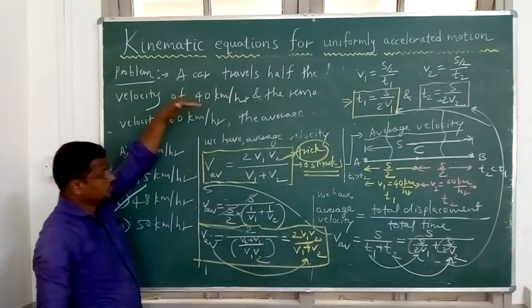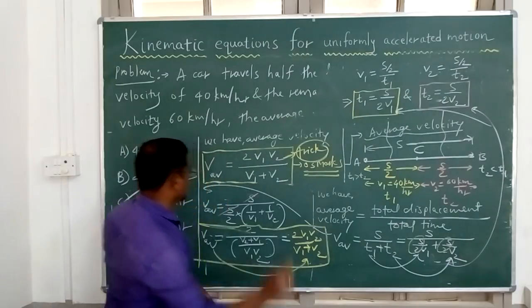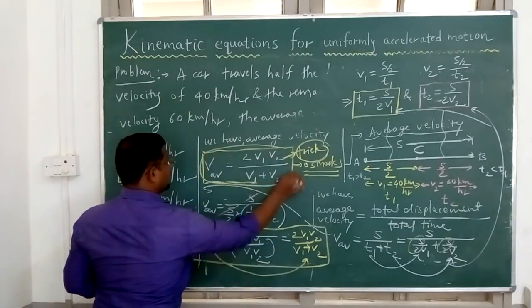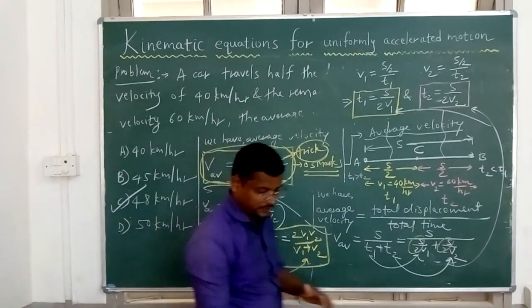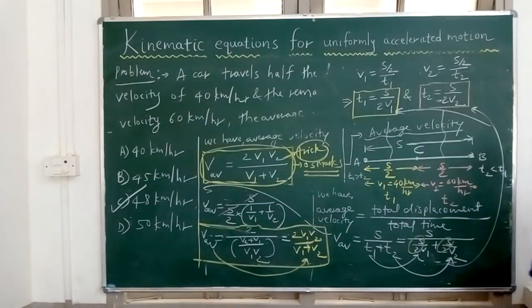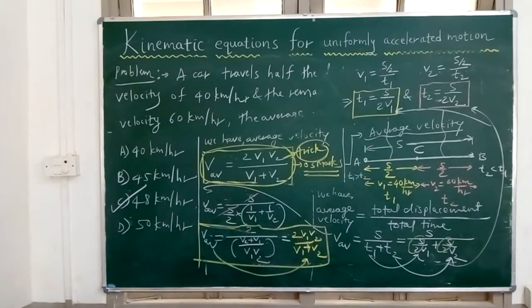Okay, so this is today's class. This formula you keep in your mind: V average is equal to 2 times V1 V2 divided by V1 plus V2, right? Now one problem I will write on the board. That problem you have to take for homework. Solve that problem, and you can send the answers to me through WhatsApp. So I am writing that problem, and you write the same problem in your notebook, try to solve it, and send the answers to me through WhatsApp. So I'll write that problem now.